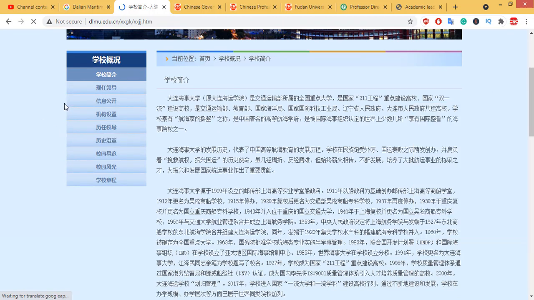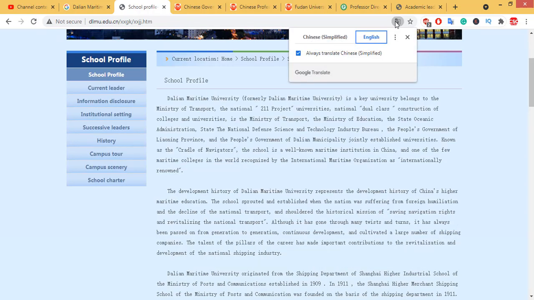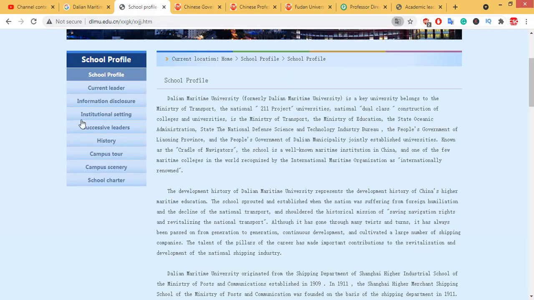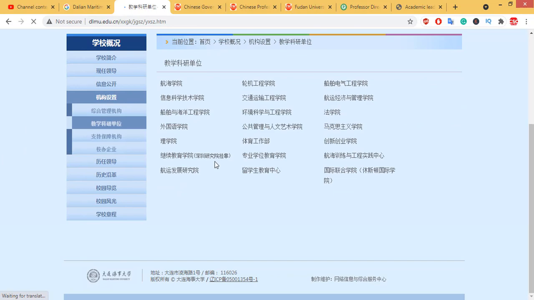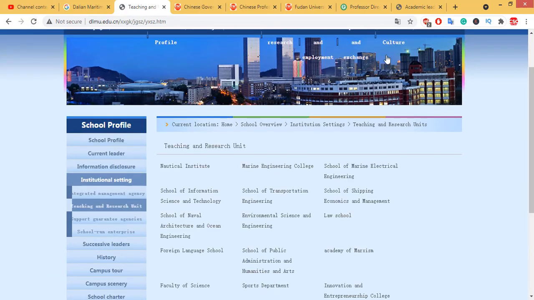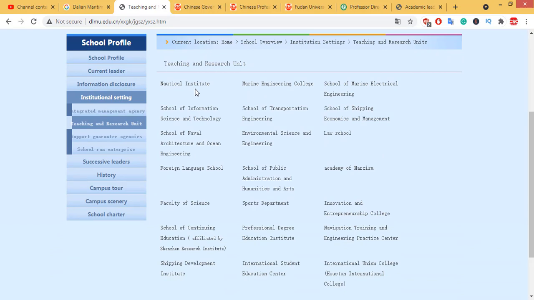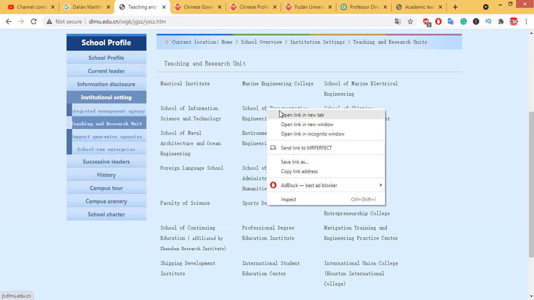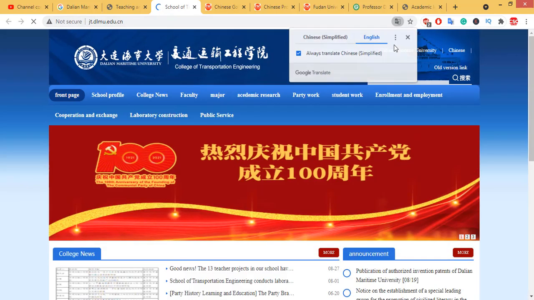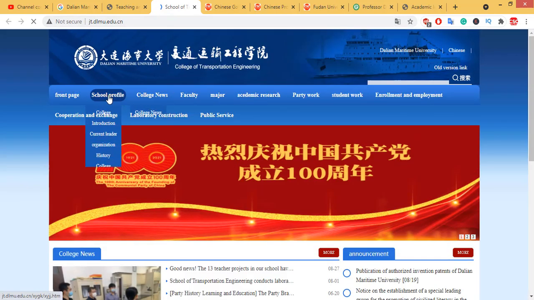It's already said in the beginning. So again it's not translated, but you can see this option, institutional setting. Here is the institutional setting. Now there are the Institute, Marine Engineering College, School of Marine Electrical Engineering, and all these kinds of departments. I click on School of Transportation Engineering. I want to click on this option, and you can see here is the Department of Transportation Engineering college school